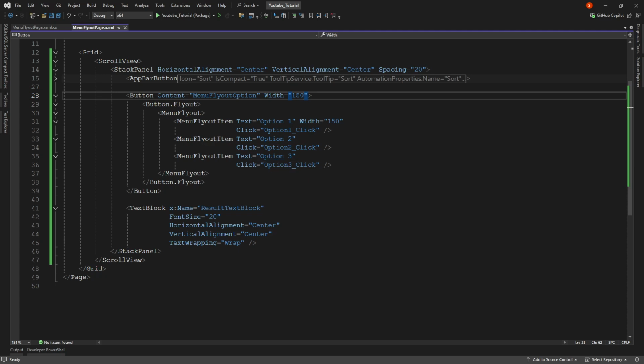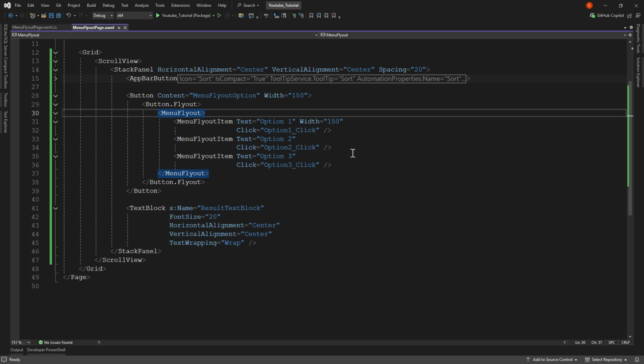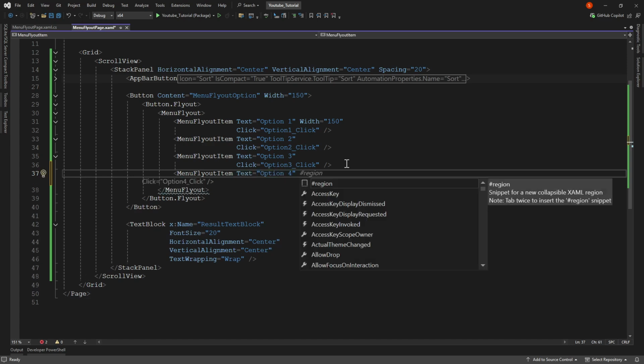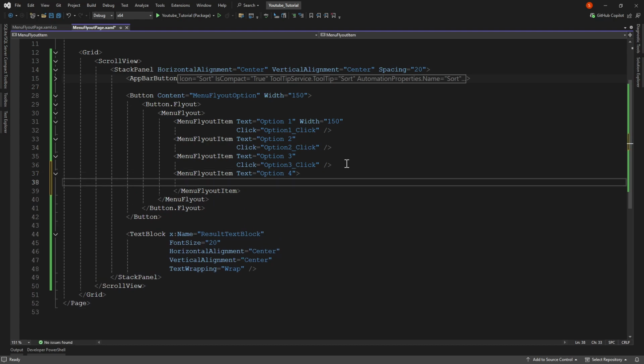Now I try one. I will create the button here, but I will create some icon with the last item. So I get menu, file item, option 2, and go here.